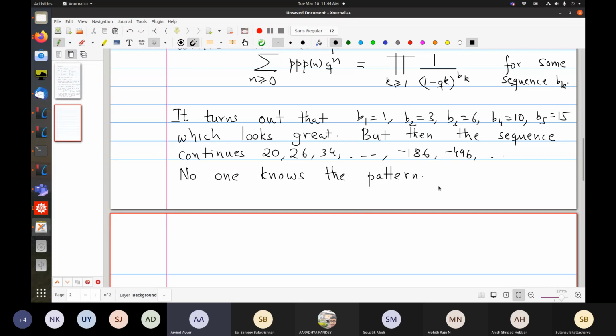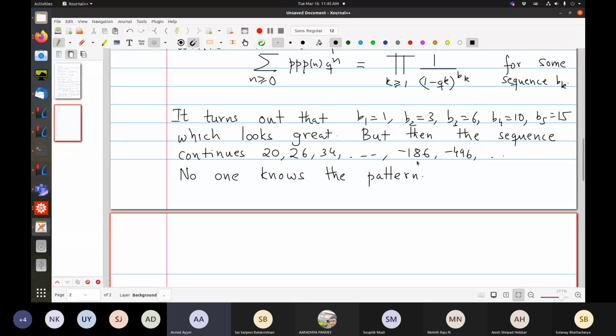Okay, so no one knows this pattern, and it's considered by many to be kind of a hopeless problem. But of course, its asymptotics you might be able to get using other techniques, but pure enumeration seems kind of hopeless for now. Okay, right. So any questions about this for solid partitions?